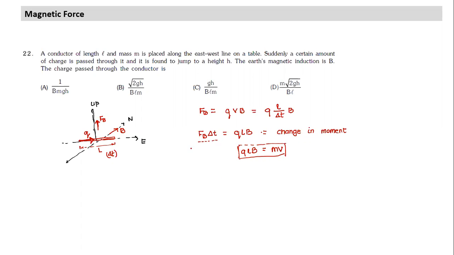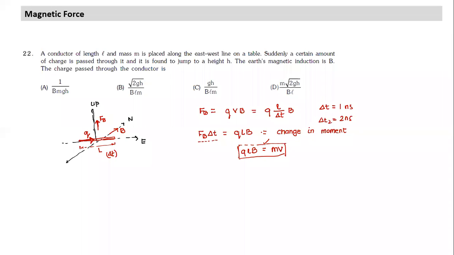So what it means is, whether the time taken is 1 microsecond or 2 microsecond, in both cases the impulse remains the same. It is independent of time. So if the time taken delta t is, say, 1 nanosecond, and in the other case delta t is equal to 2 nanosecond, this time is not coming into the equation here.